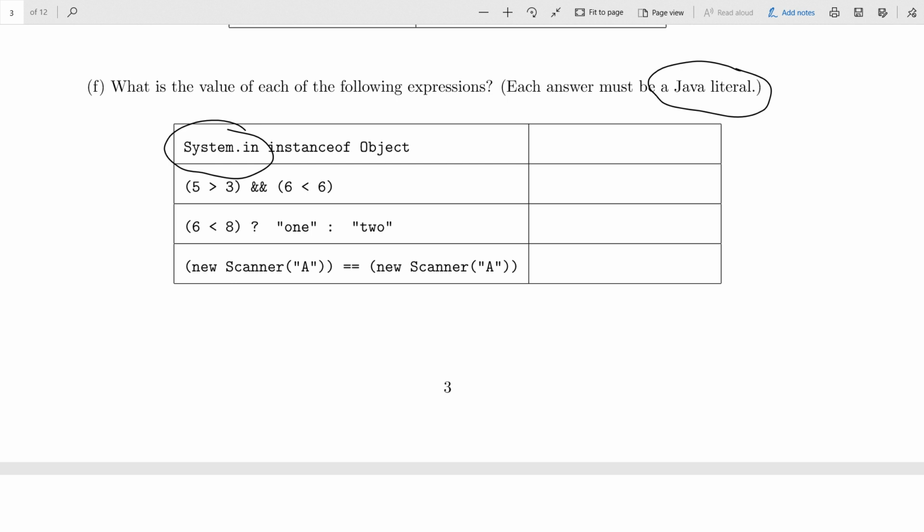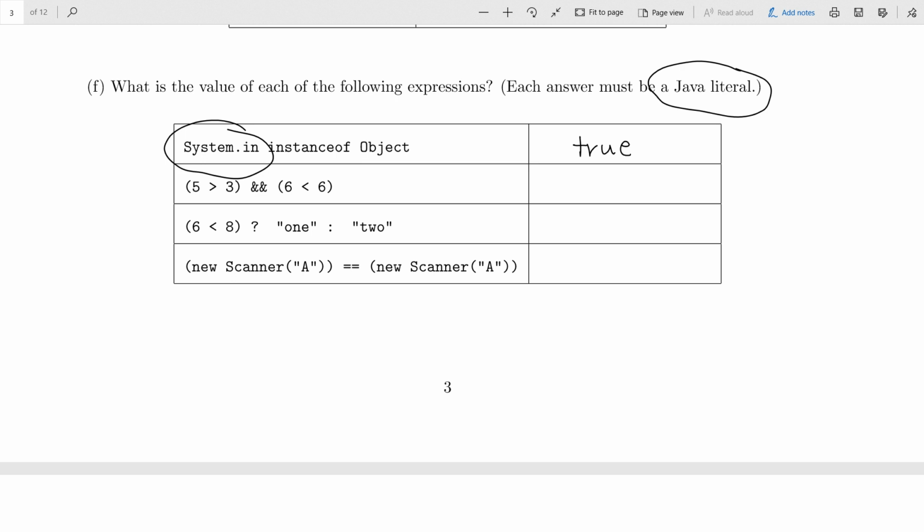Because everything in Java is some sort of object. Right. Everything in Java, as long as it isn't a primitive, every kind of object is an instance of big O Object. Every class extends directly or indirectly the Object class. So as long as we know that System.in is an object, and what else could it be? Because it's not an int or a double or something. So the answer is true. Now, if I said System.in instanceof InputStream, I wouldn't know what to write. Typically, if I don't know what to write as the answer, I don't ask it as a question.